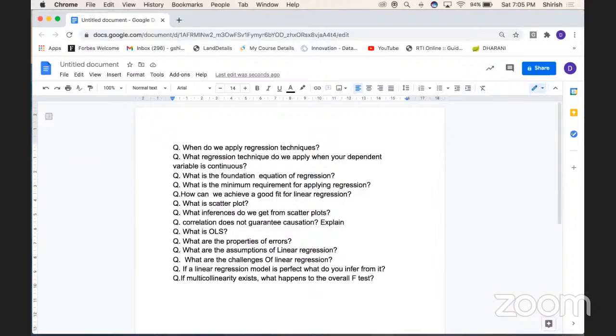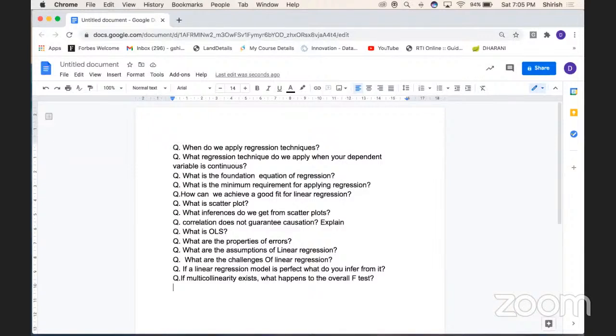What happens to the F test? Your F test value is a valid number,